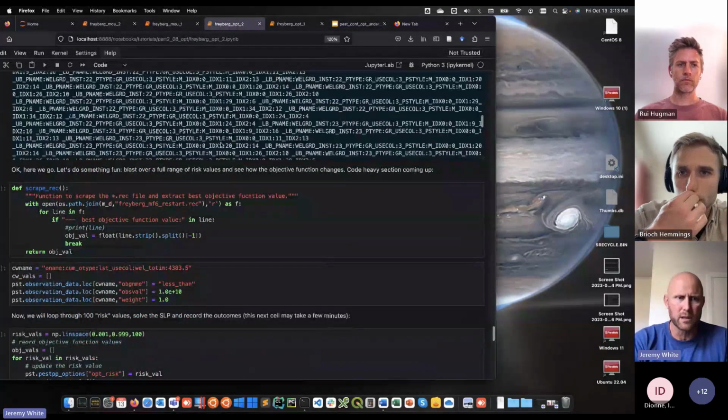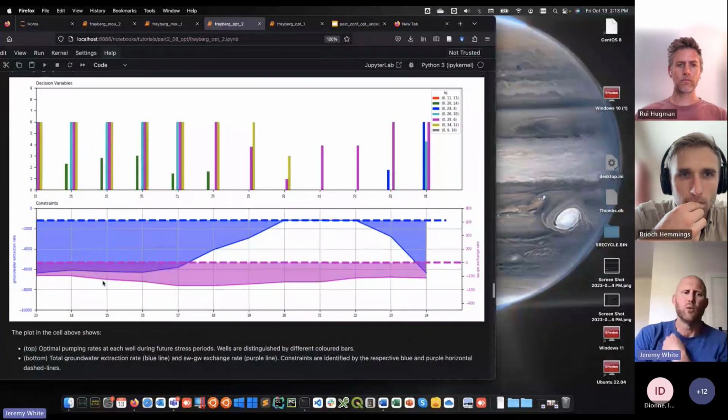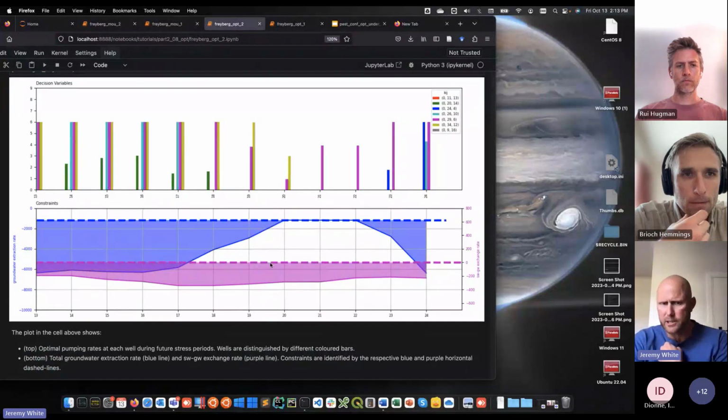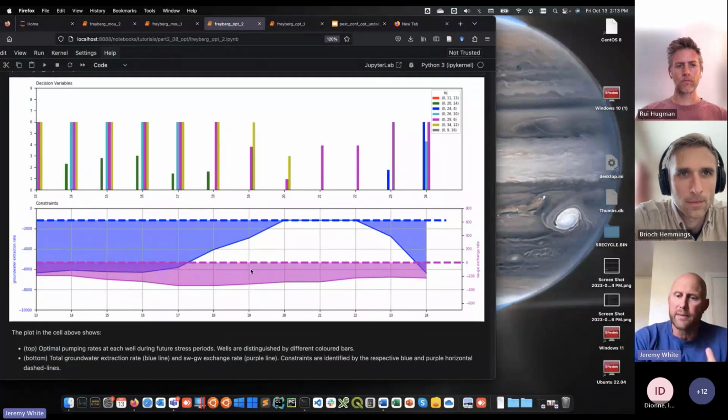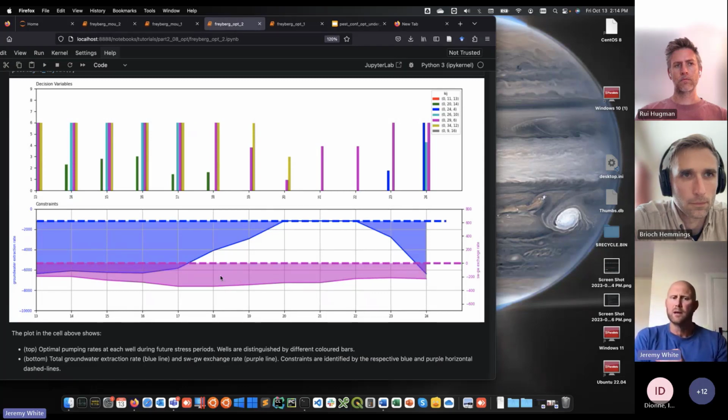So I'll just show you quickly. This is the Opt2 notebook, which hopefully everybody ran. Here's the same figure, but what we're showing here, this is the actual simulated surface water groundwater exchange and our constraint value is this purple dashed line. And so you can see we're no longer right on that line. The reason we're not right on that line is because this is what was actually done with the model, but what the optimization problem saw was actually a shifted value. And so the width of this purple bar, that's how much water we had to leave going into the surface water system to be statistically confident that we weren't going to reverse the sign and have a losing groundwater system